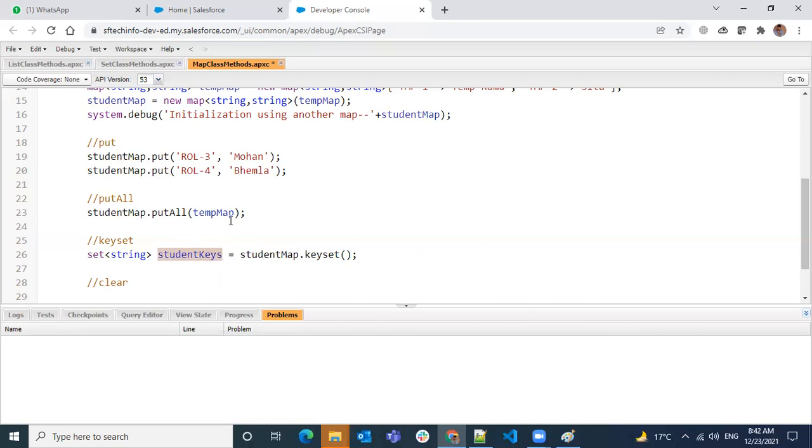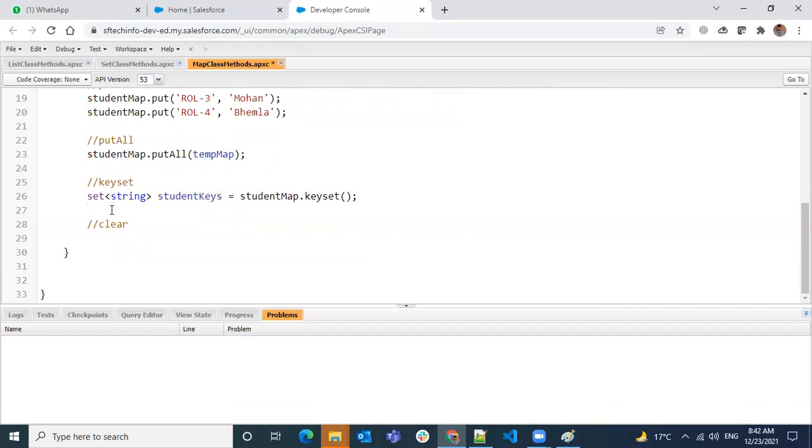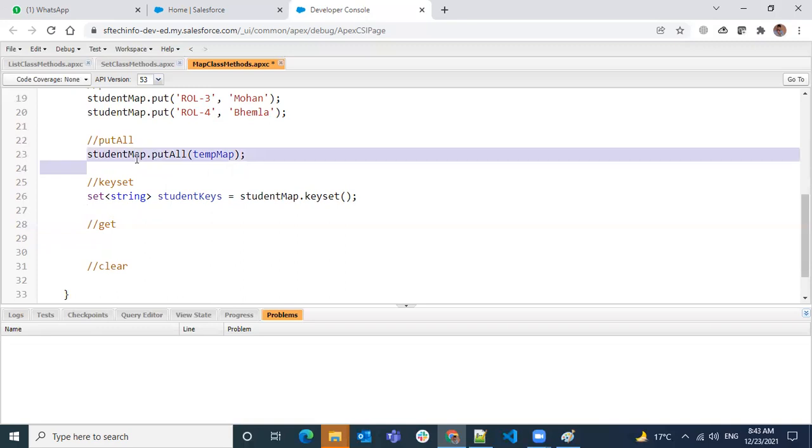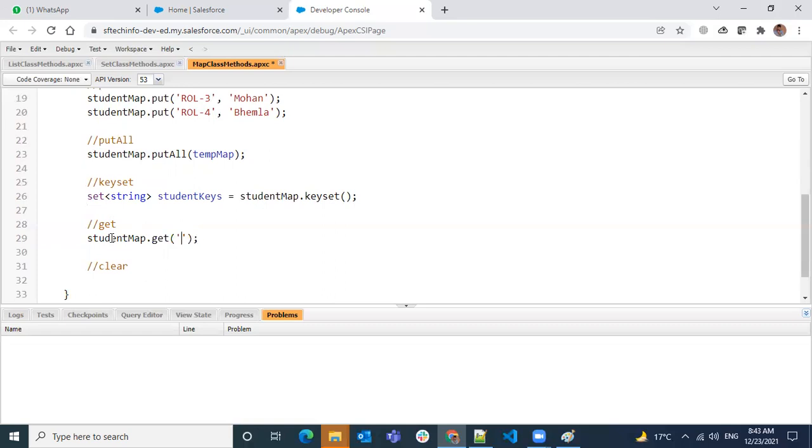Okay, and then let's say I know one key, how do I get the value? The method we'll use is the get method. When you know the key, the method we use is map.get, and we pass a key, which could be something like a roll number.